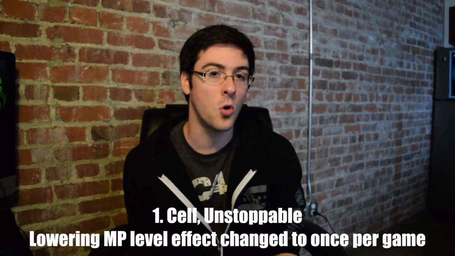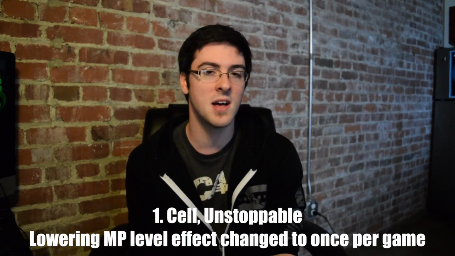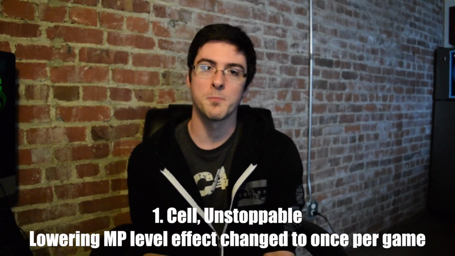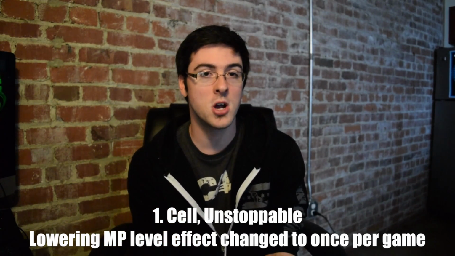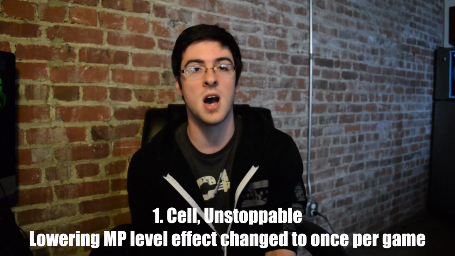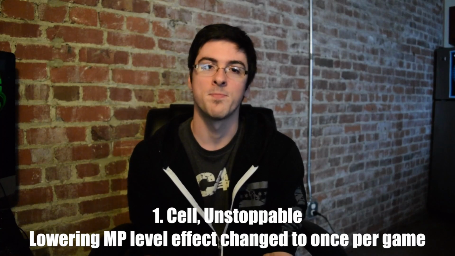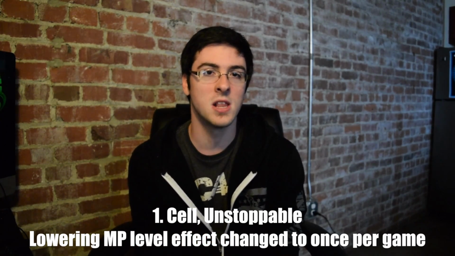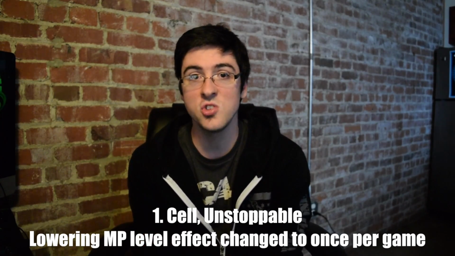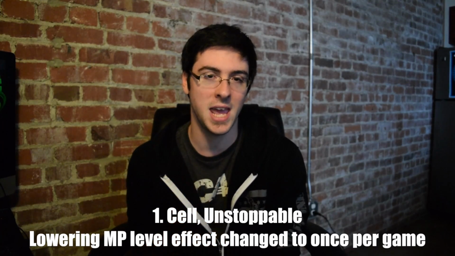So the first one, and arguably the biggest one, is Cell's Level 4. Now, the original idea with Cell's Level 4 was that you can lower yourself 1 MP level to lower your opponent 1 MP level. However, the issue with this is that on level 3, you could banish 5 cards from your opponent's discard pile after using his physical attack to advance back up to level 4. And you could just keep doing this infinitely and force your opponent to stay down at level 1. Well, the change was made, and Cell's Level 4 power can only be used one time per game,